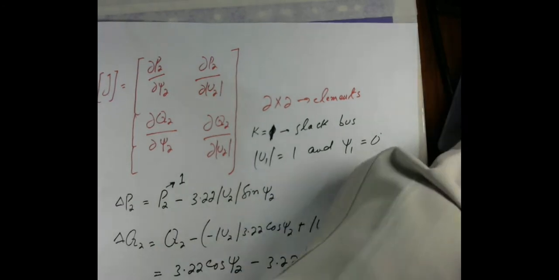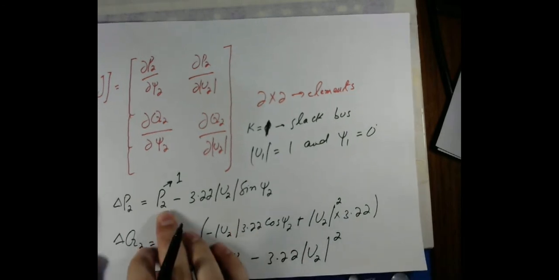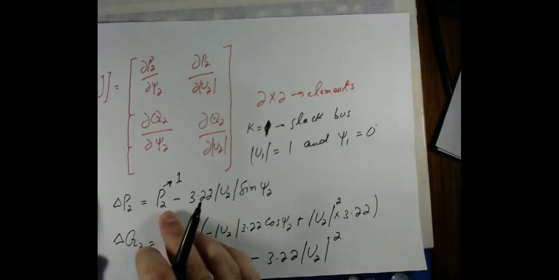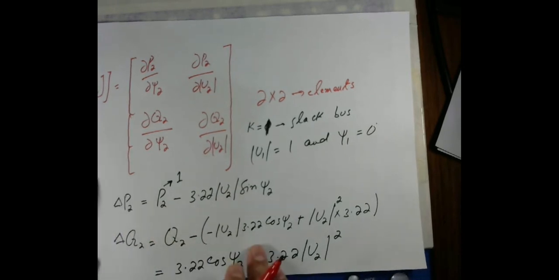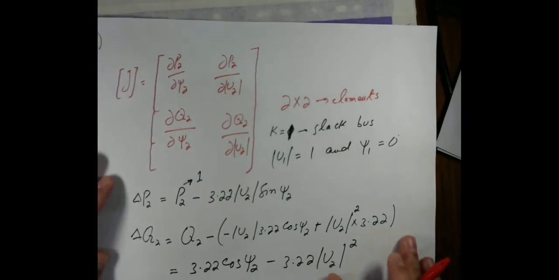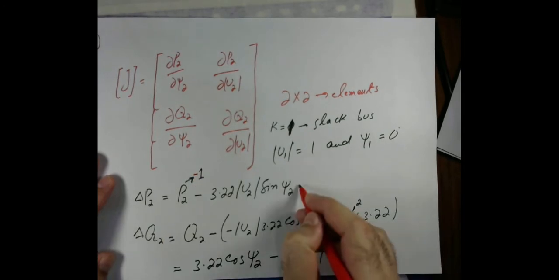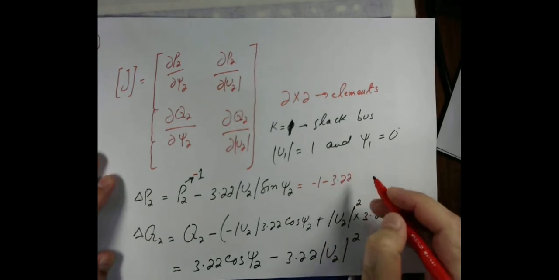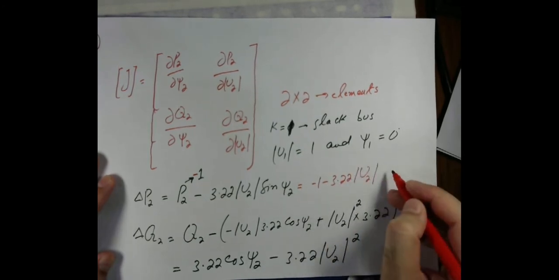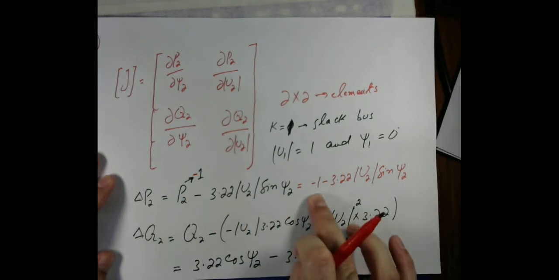So it means it becomes 1. And if you remember, as it is the load bus, we also discussed the sign convention. So on the load bus, as it is the power consumption, we will have to put a negative sign. So in whole, this expression will become minus 1 minus 3.22 u2 magnitude and sine of psi 2. Now it will become minus 1 because P2 is consumption, so that will become minus, as we have already